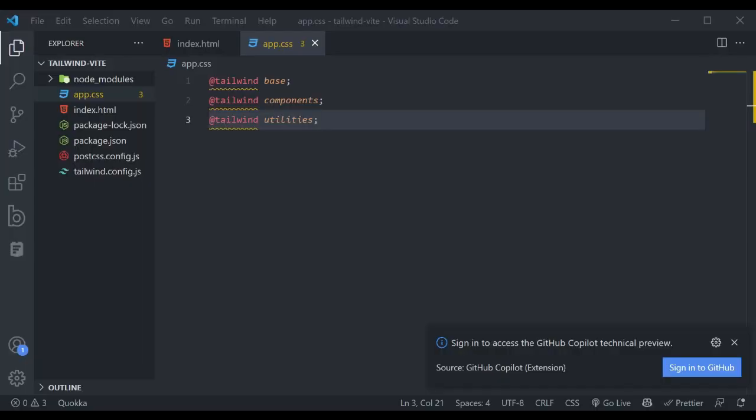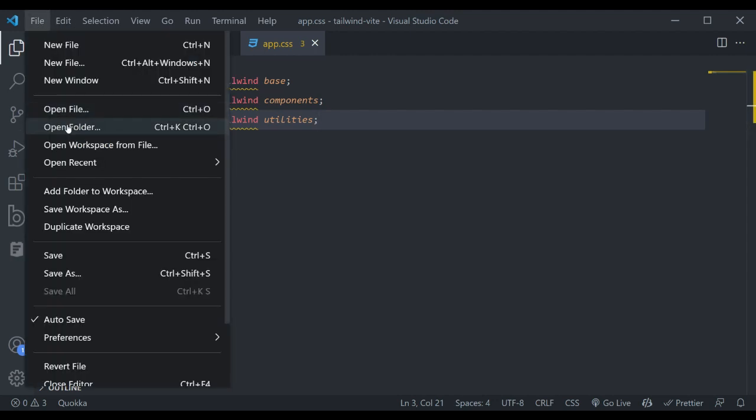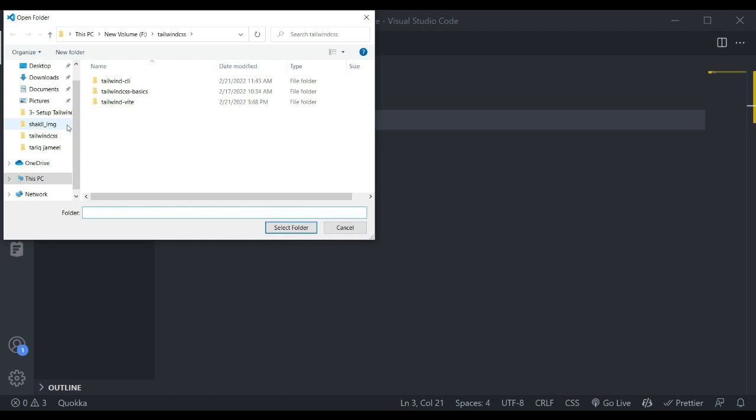So go to VS Code, and again I am going to create a new folder. So go to File, Open Folder, and I am going to create a new folder. So we will have tailwind-parcel. Select folder,